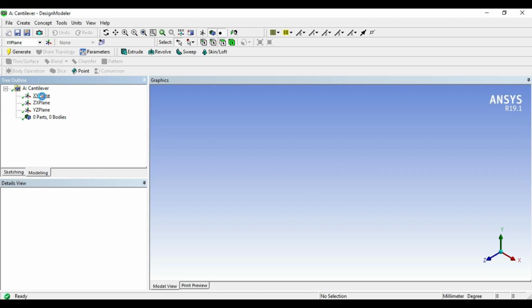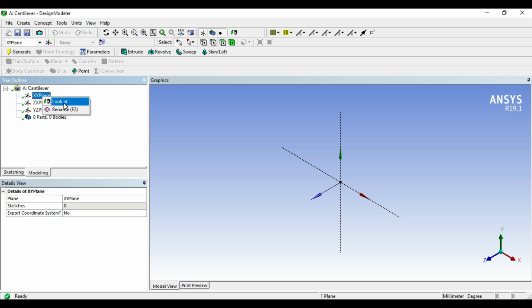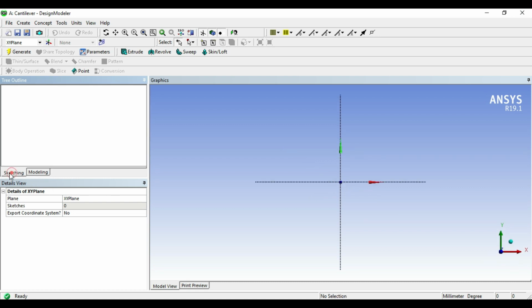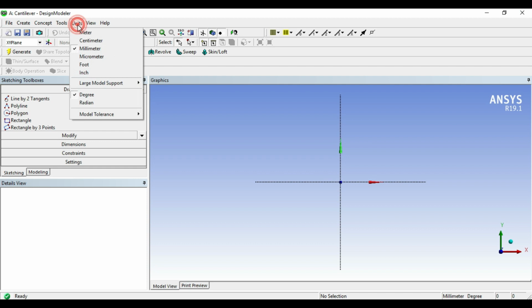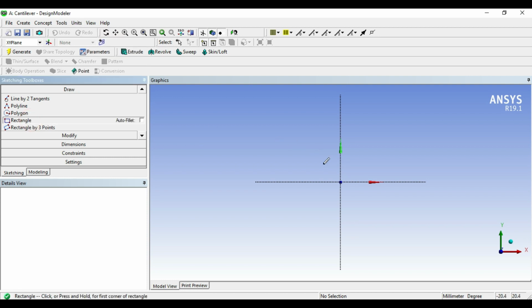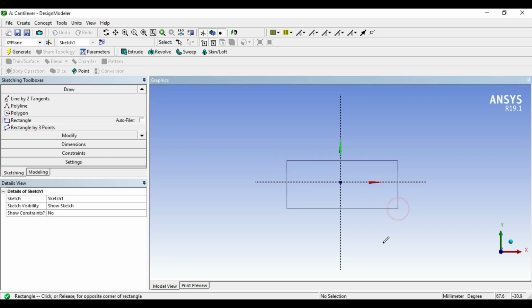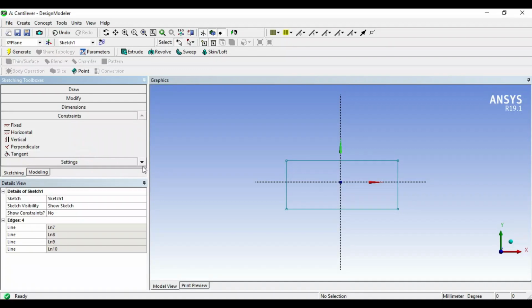Click on the XY plane, then right click and choose look at. Then click on sketching, and from the draw toolbar select the rectangle tool and create. Before that, click on units, and it should be in millimeter, right? The default unit is millimeter. Then select rectangle and draw a rectangle, then give the constraint. It is symmetry. You have to give the constraint here, symmetry.